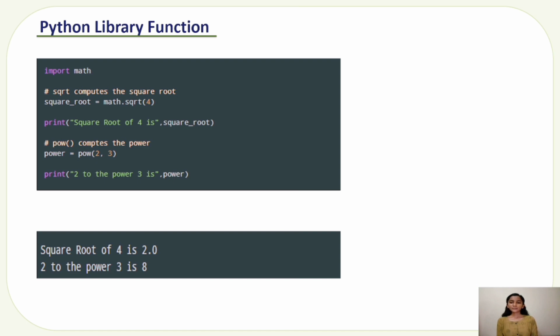Here we have imported the math module to use the library functions sqrt and pow. The second line calculates the square root of 4 using the sqrt function from the math module and assigns the result to the variable square root. And we are going to print the value stored in the variable square root. The fourth line calculates 2 raised to the power of 3 using the pow function and assigns the result to a variable power. Similarly, we are going to print the value stored in the variable power. As we can see, the output is: square root of 4 is 2.0 and 2 to the power 3 is